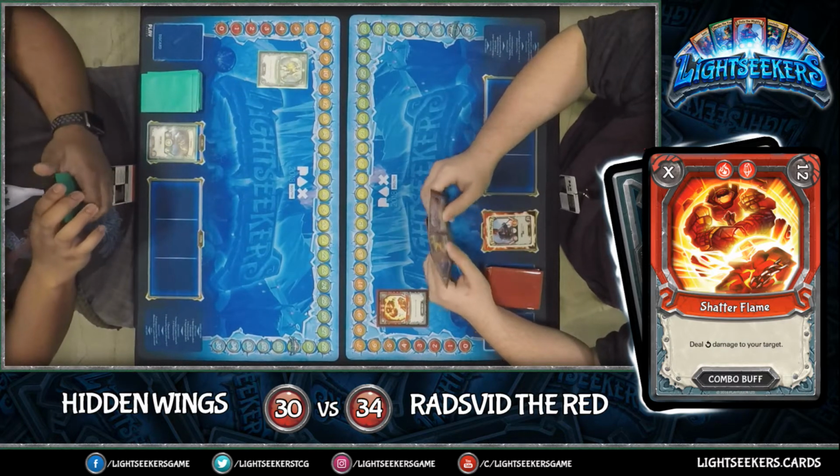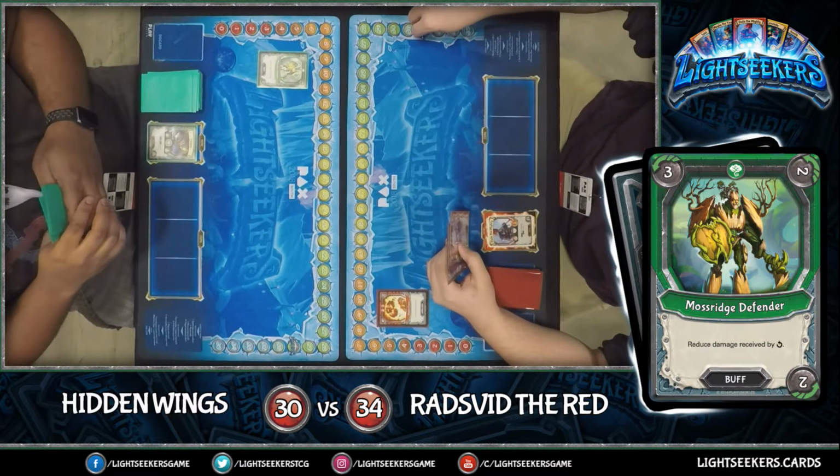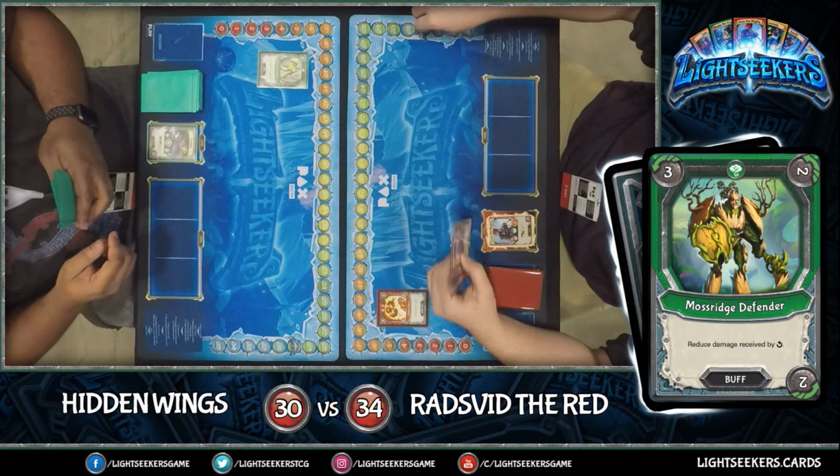Yeah. So we're seeing a Moss Ridge Defender from the Trianu deck, starting with some early defense, trying to mitigate the damage that's going to be coming off that Shadow Flame. Hopefully our judges...